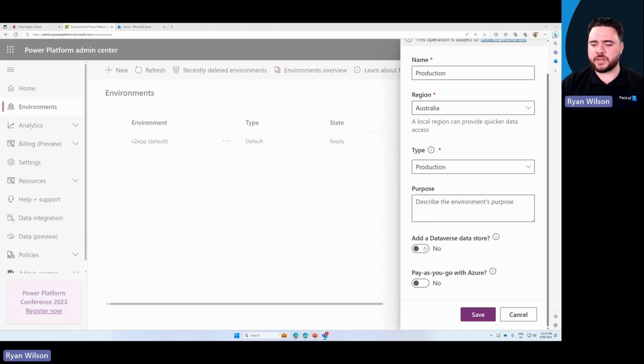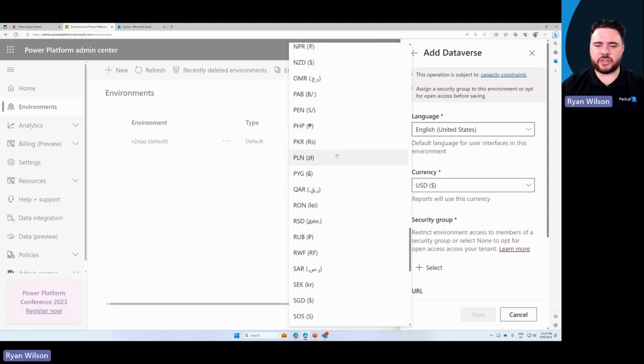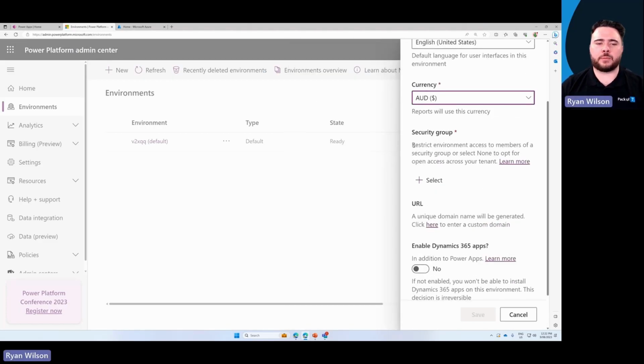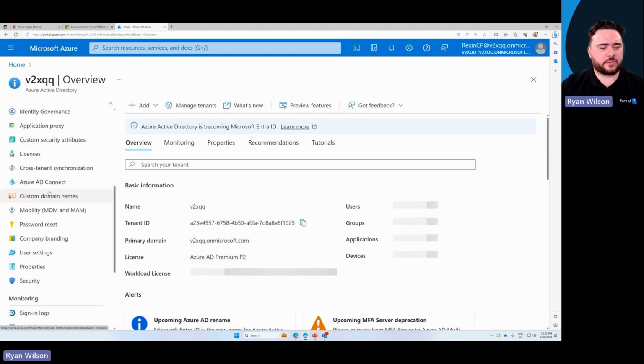I'm also going to select that we're going to have a Dataverse instance. You can set that as no. That's up to you. Then I'm going to click next. Change your currency. We're in Australia, so I'm going to change that to AUD. And this is where you can define your security group. This restricts access to members who are not a part of the security group. If somebody who wasn't a part of this security group went to Power Platform, they wouldn't be able to see this environment. So what I'm going to do is go ahead and create a security group,